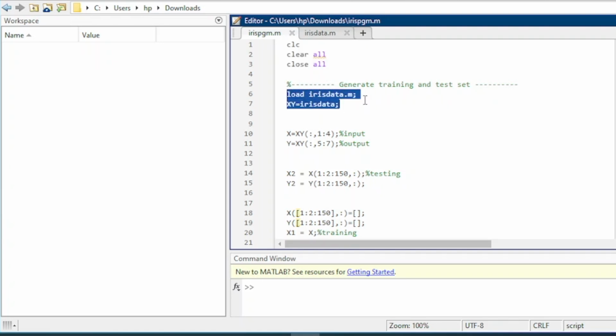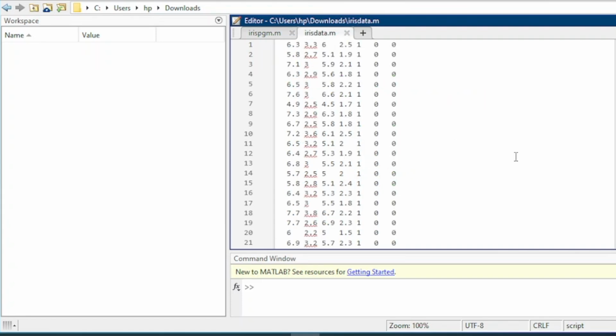So, please look at the highlighted text that load iris data will load the data file. Where is the data file? Look at it, the data file is here. So, how is the data file created? I already told you, you have to go to the UCI machine learning repository. From the UCI machine learning repository, look for the data we are going to work with. So, download the data and look into the data whether it is in the format that is supported by the